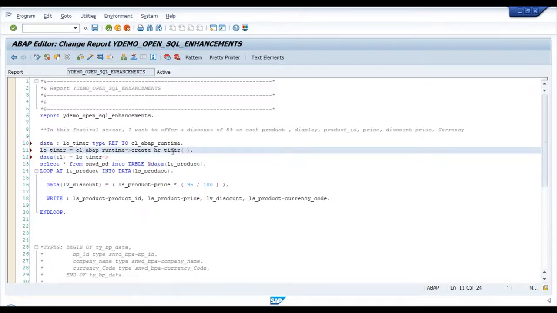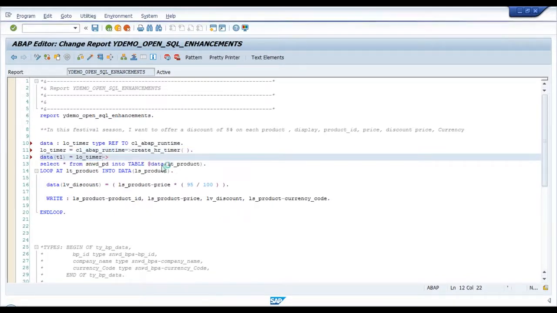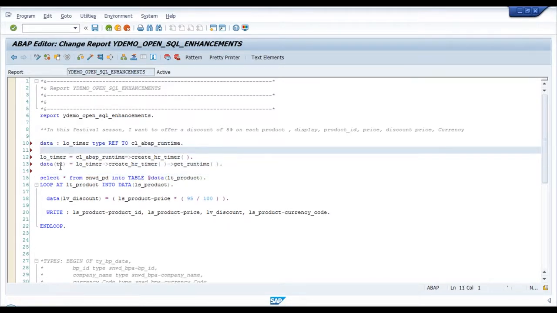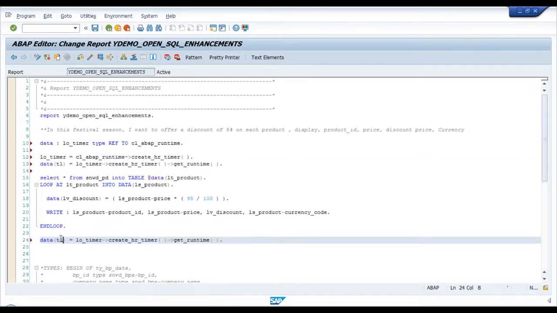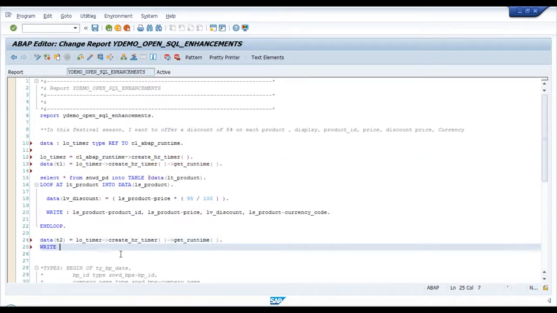So CL runtime, create a char timer gives you an object LO timer, and this LO timer is what I'm saying is create a char timer. Get runtime. So that's what I'm doing to just get the time when I'm starting the program. Similarly, I will also get the T2 at the end of execution, and then finally write total runtime